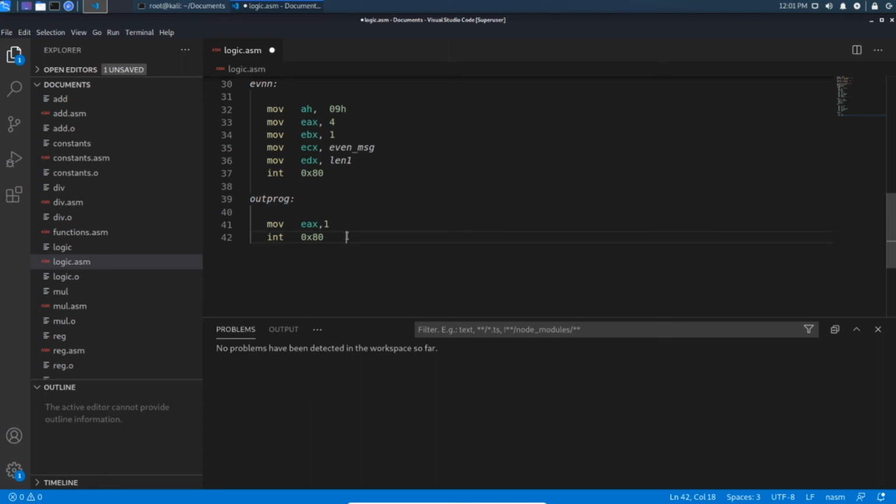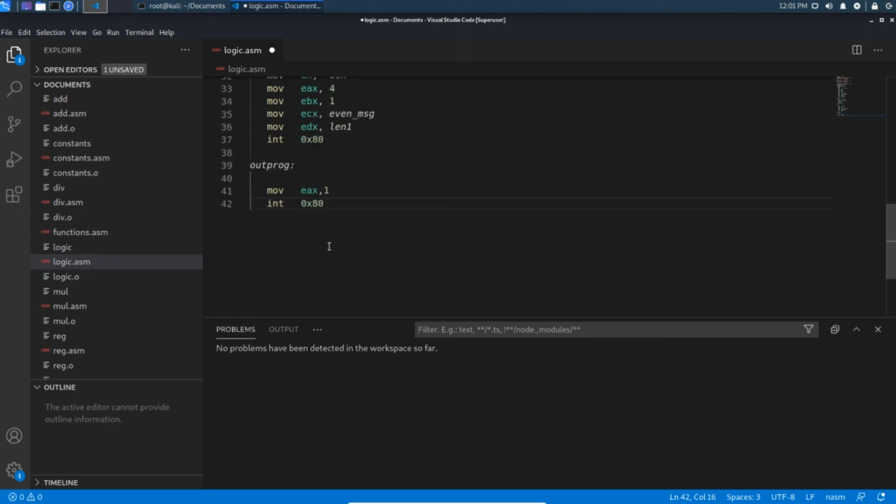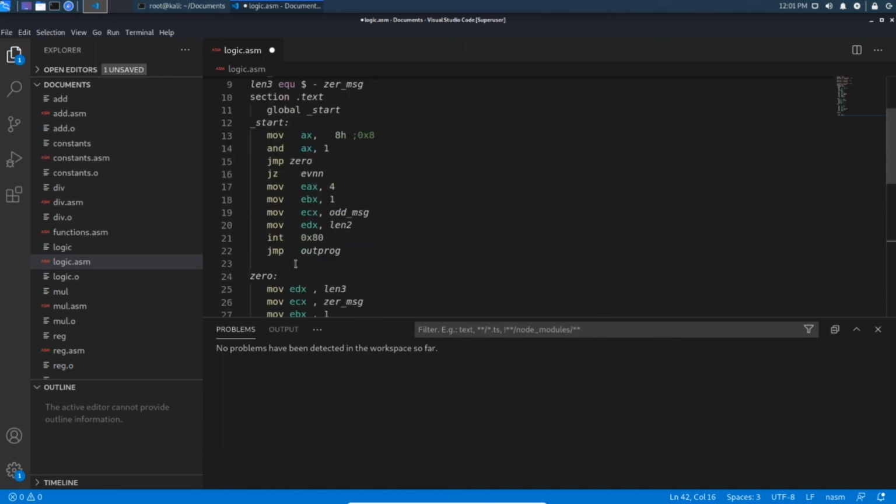Here the out_program function must be executed because this is the function with which we exit our program successfully. I think everyone knows what these two instructions are for. This is for a system exit call, and this is for interrupting the kernel with the relevant system call. So even if something in the program is wrong or messed up, we don't care about that.